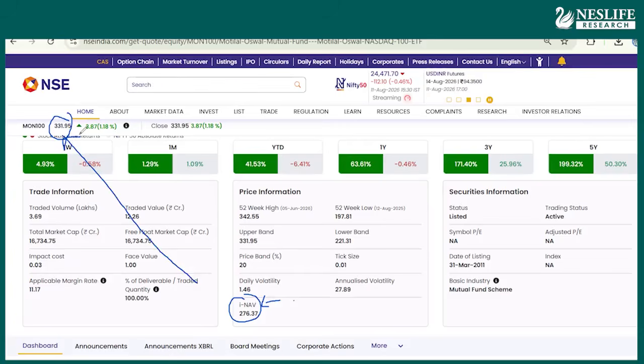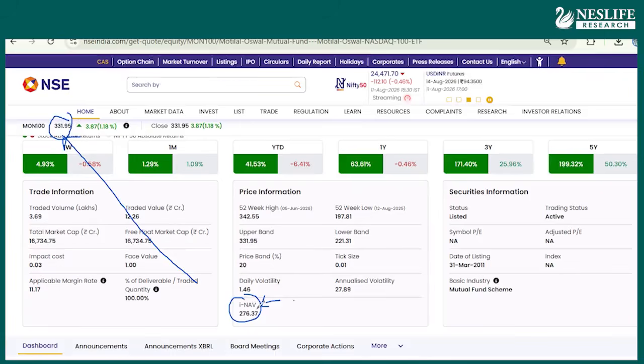So that is one challenge in the ETF, because there is a lot of demand nowadays. There is a lot of demand for international investing in the last 2-3 years. I don't know whether it is a new trend or fashion, but it has a lot of demand. And this is one reason it becomes difficult to invest, because of this gap. The real value of the fund is 272 based on the underlying assets, Meta, Google, all these companies, and you are paying this.